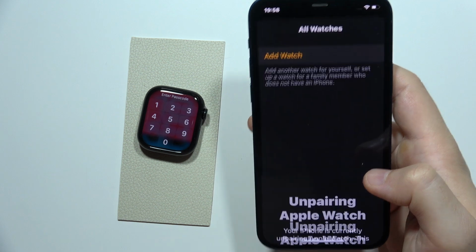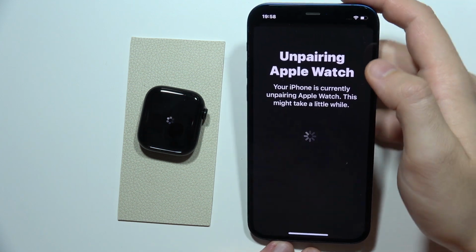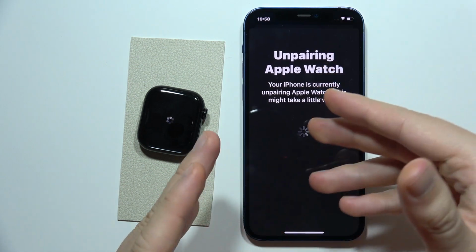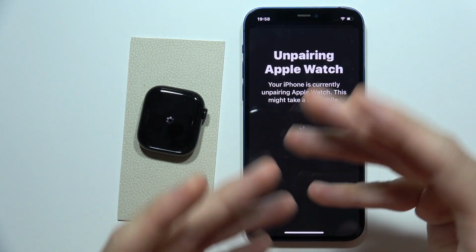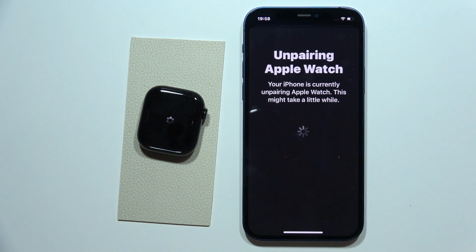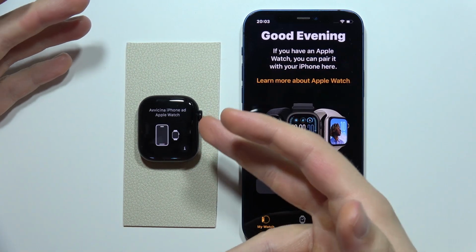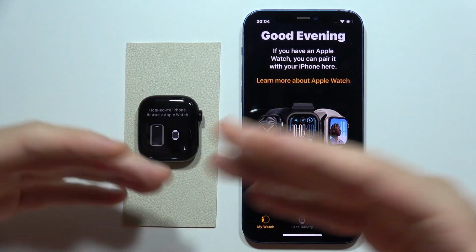And now you will have to wait for this process. As you can see right now, we are simply removing this Apple Watch from our old iPhone, and this might take a little while, so we have to be patient and wait. And now you will actually be welcomed with this first setup screen on your Apple Watch, and now you will